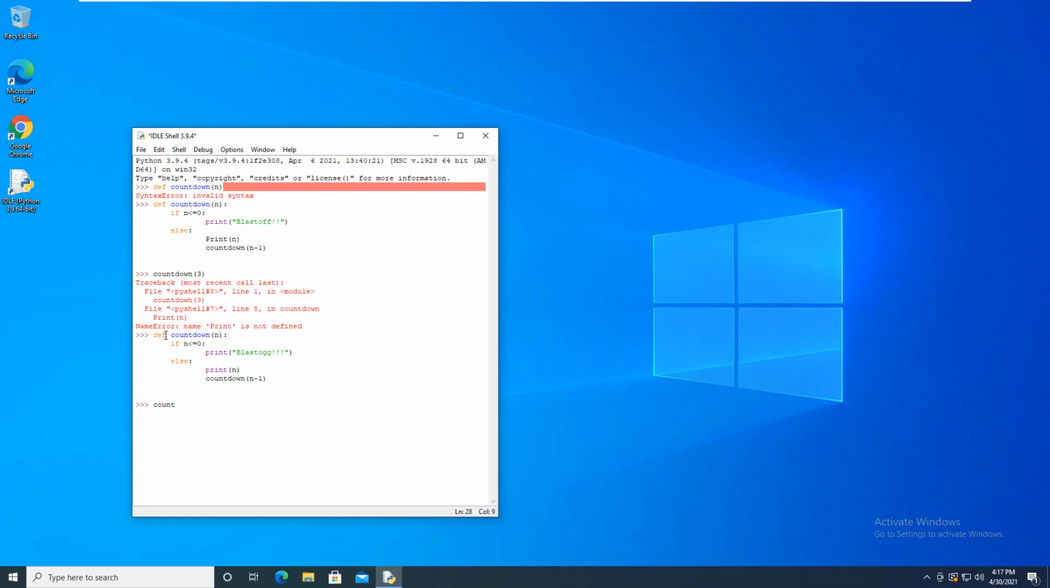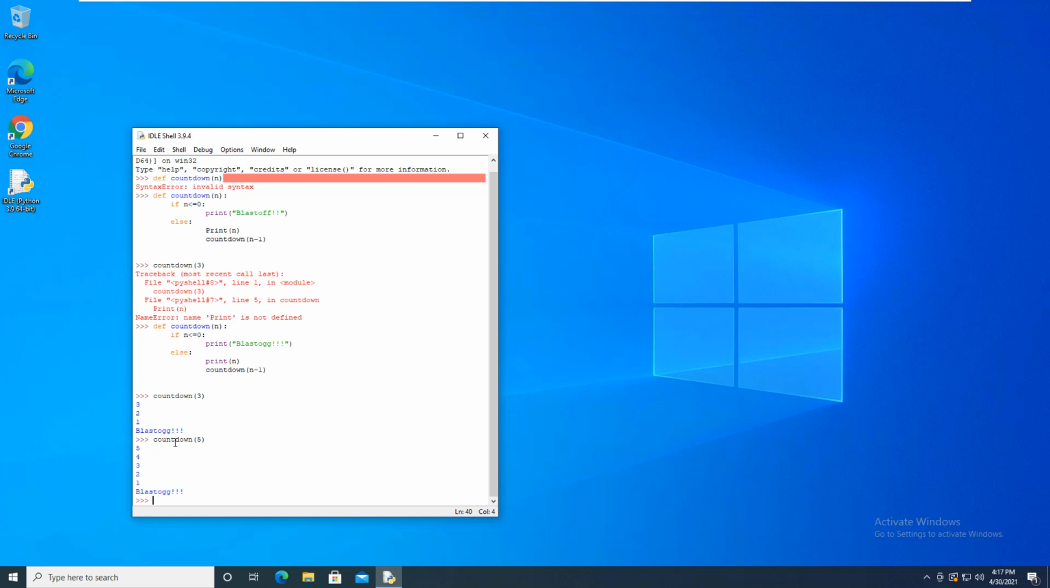And now I'll do my countdown with 3, and it actually works. Yeah, I did the capital P right there instead of lowercase p by accident. I also meant to say blast off, not blast dog. But if we do this again, countdown, and we give it a number 5, it goes 5 and it'll count down. Countdown 100,